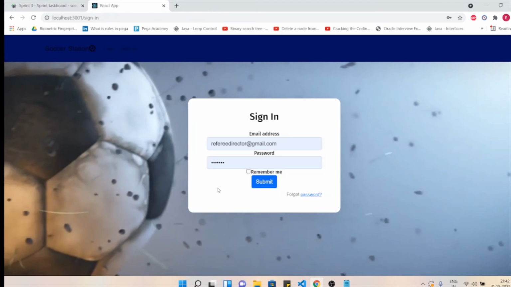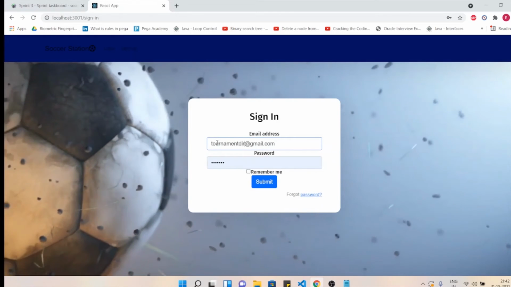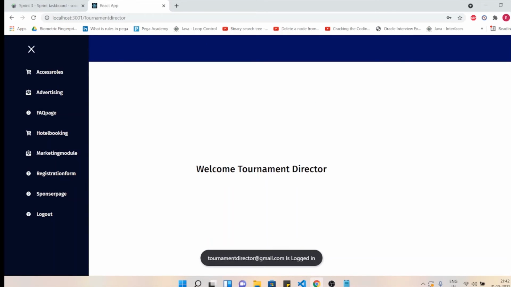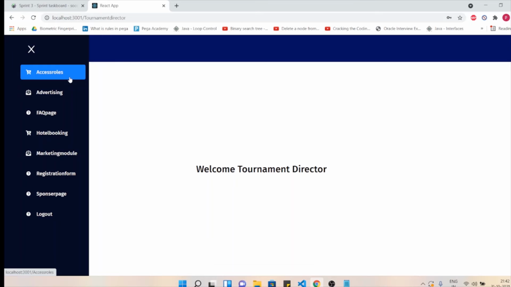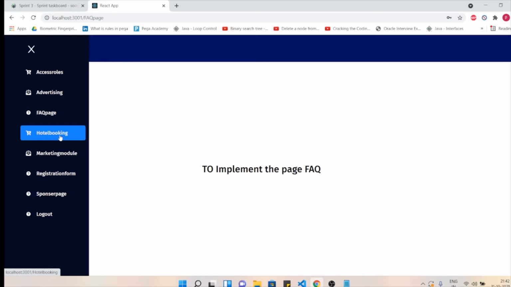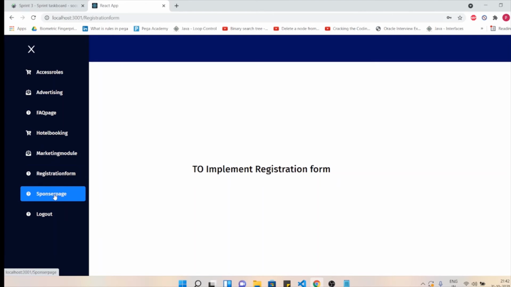If I enter tournamentdirector@gmail.com and the password, we have all the tasks that a tournament director is assigned: the access roles, to implement the access to the roles, advertising, FAQ page, hotel booking, marketing module, registration form, and sponsor page. We will be implementing these tasks that are there on the sidebar soon.